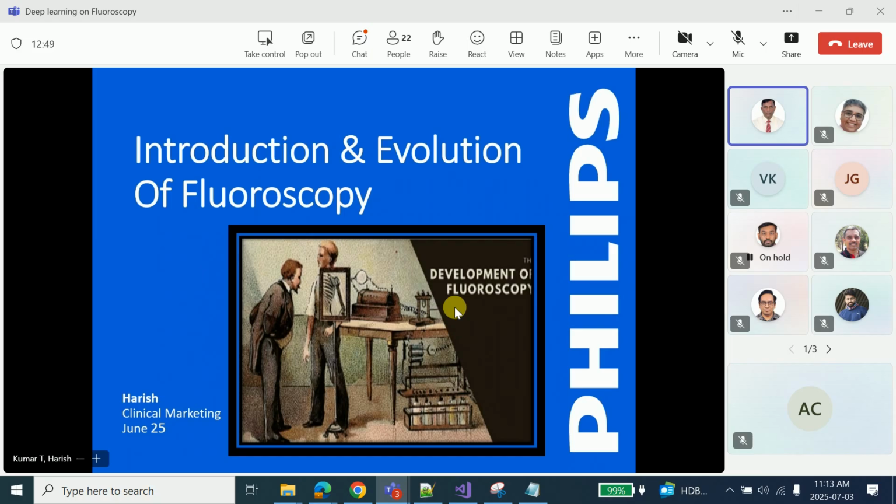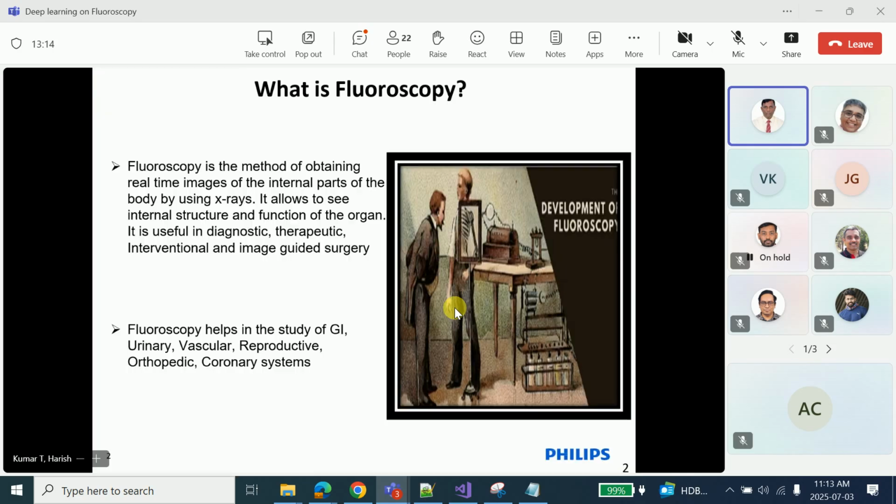Where is it used? It is used in most of the specialties like gastroenterology, vascular, orthopedics, gynecology, name it, it is almost used everywhere. So that is what the definition of fluoroscopy is all about. I will just take you to a little bit of the evolution or the history of fluoroscopy. How did it really begin? Where did it really begin? So on the next slide,